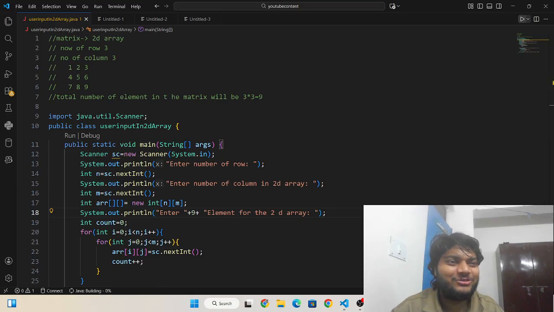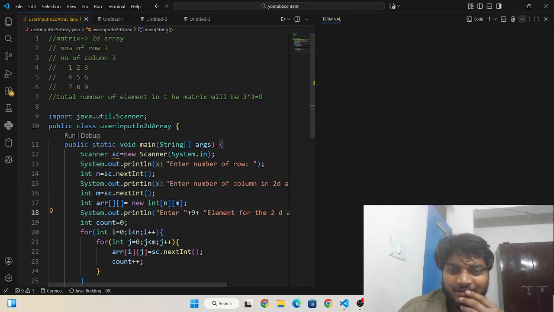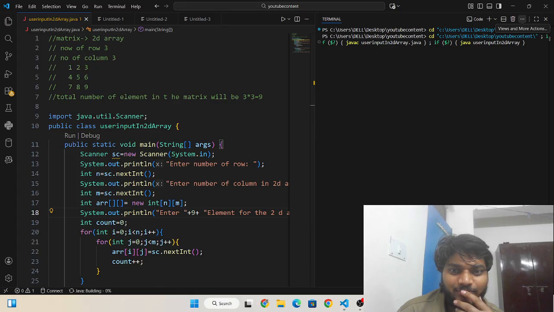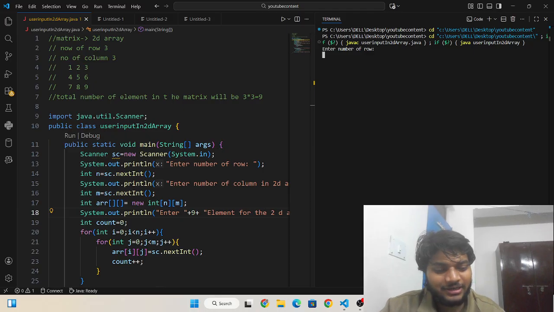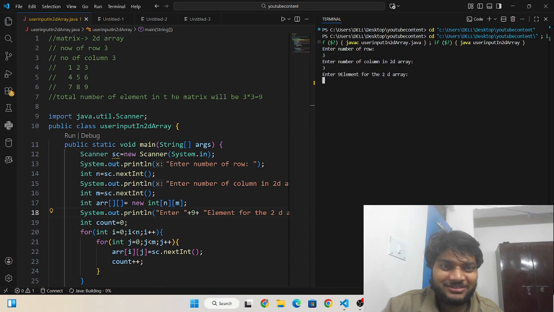Okay. Now I'm going to execute it again. Number of rows, here I need to write 3. Enter number of columns, I need to enter 3 only. Enter 9 elements, it is saying.